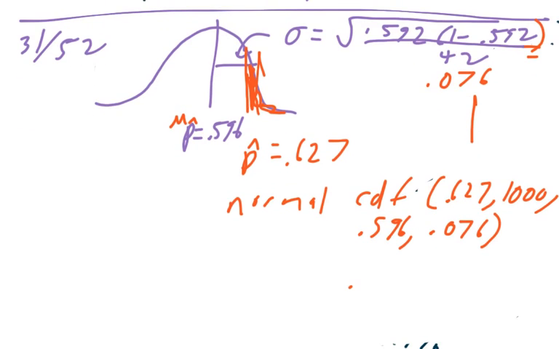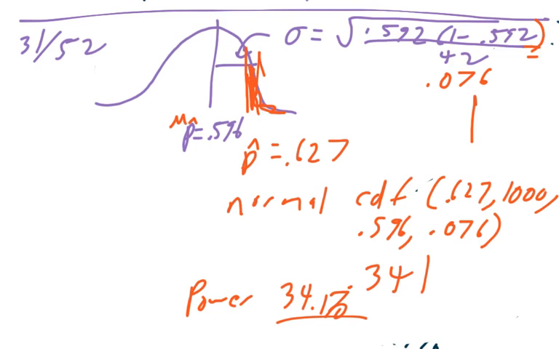And we get 0.341, which means my power is now 34.1%, which means I have a 34.1% chance of picking the alternate hypothesis